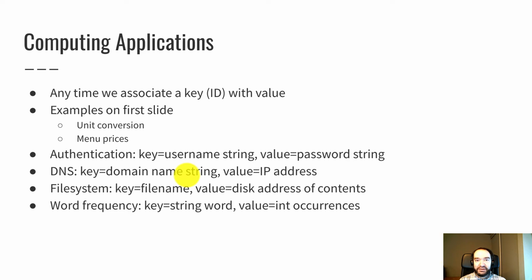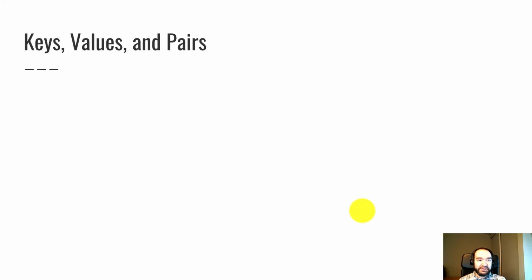Another one that comes up pretty frequently is counting the frequency of objects. For example, if we wanted to count how many times every word is used in a page, that's a metric that's used in search engines and analytics and things like this. So we could build a map where every key is a string for a word that appears on a web page, and the value associated with that key is an int for how many times that word appears. And a map data structure would make it efficient and convenient to manage any of these applications.